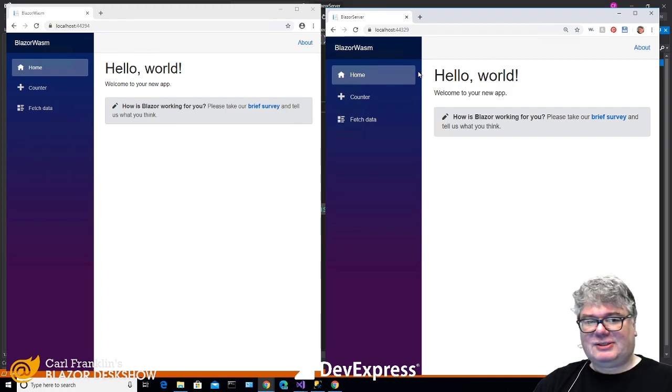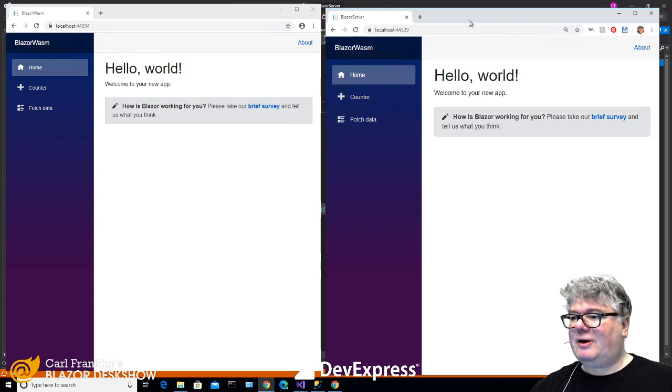The moral of this story is that you have to have the same resources available in the environment where it's running. That's why we had to add System.Net.Http to the server environment, because it didn't have access to one of those, whereas in the browser it does. And also we have to write our code such that there isn't any assumption that we're either running on the server or the client. Interestingly, JavaScript also